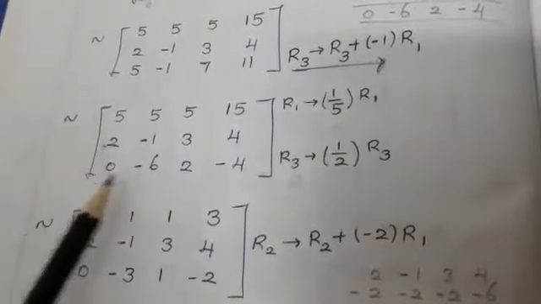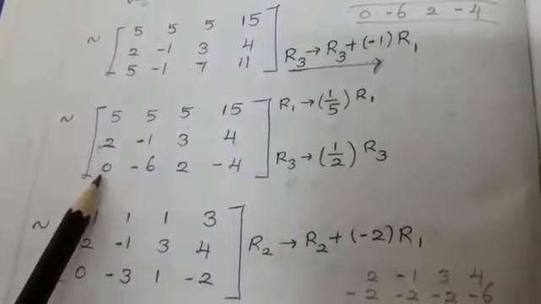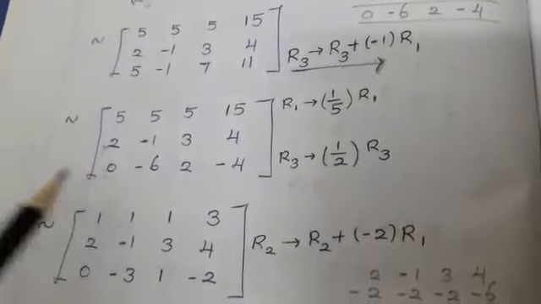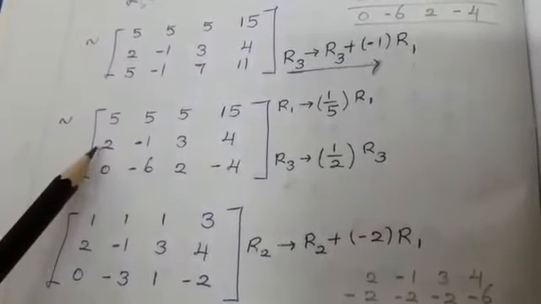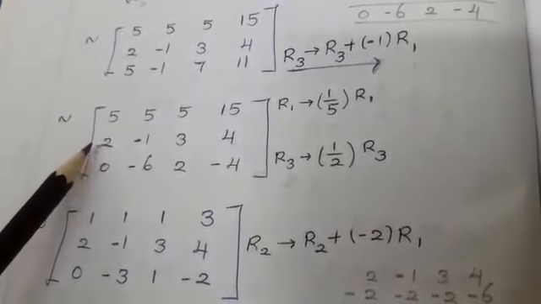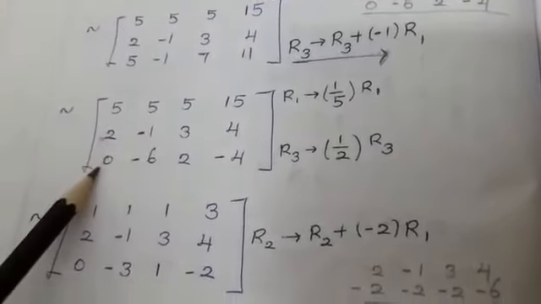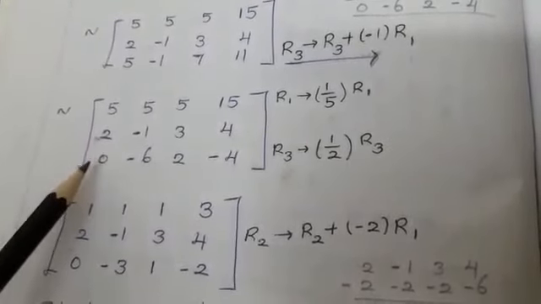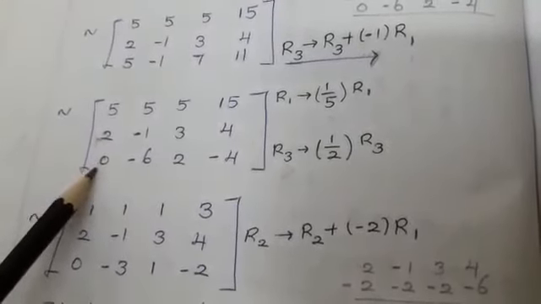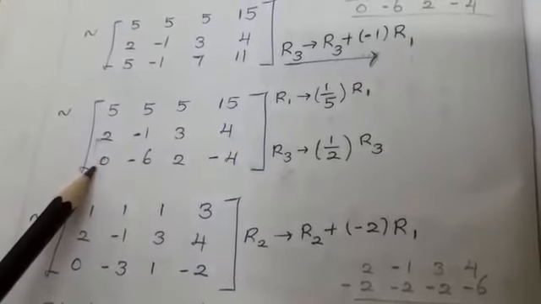Students, if you see the calculation, last row, first element, I made it 0. The next work is, you are going to go for the next row, second row. What is the first element? 2. Now I am going to make this 2 as 0. Once you convert this to 0, you should never bring a number down. If you bring a number down, you will not get the answer. So be clear students, don't convert this 0 to any number again.